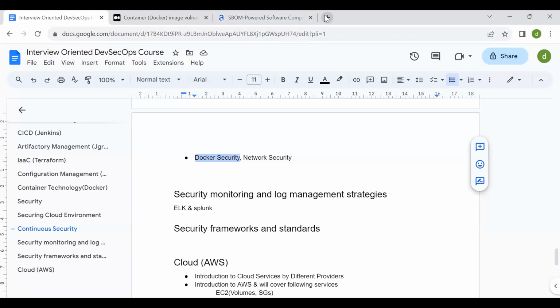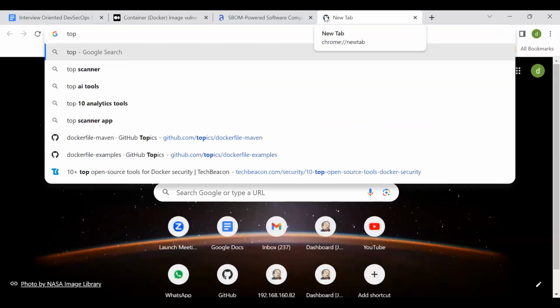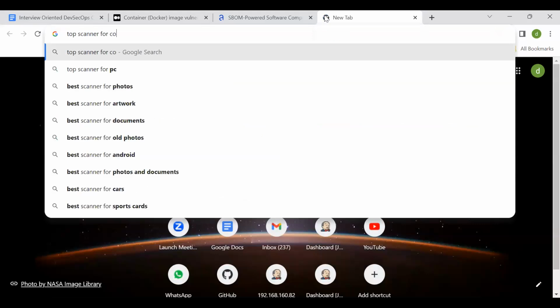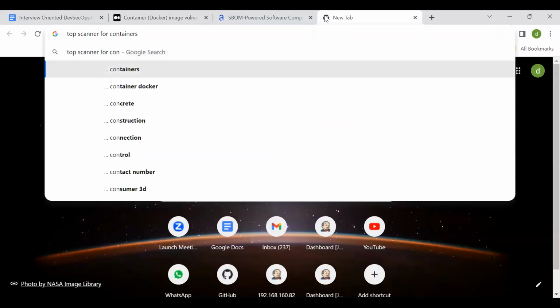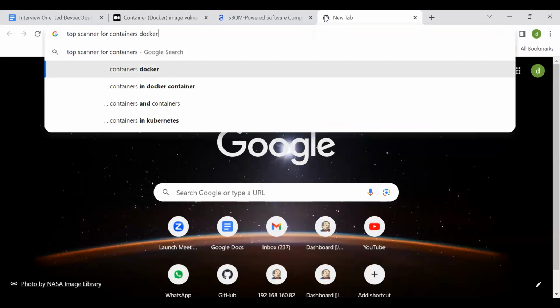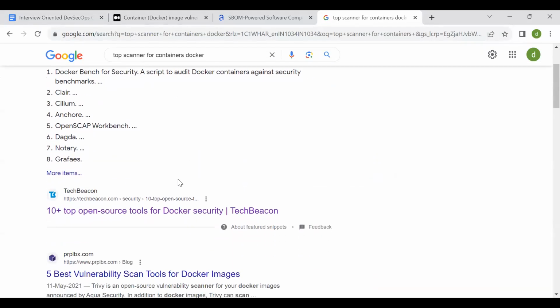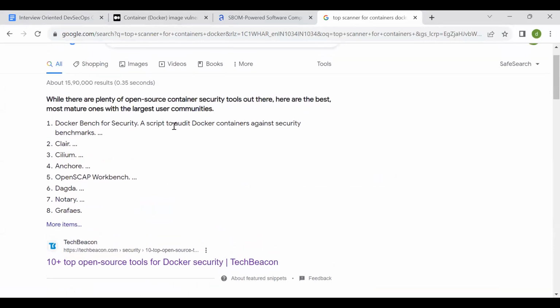So images we would be scanning using any of the open source tools. I'll just show you the top scanners for containers. If you ask me, these are the top 10 open source container security scanners which most of the guys will use. But Anchore is the one used by most of the open source guys,